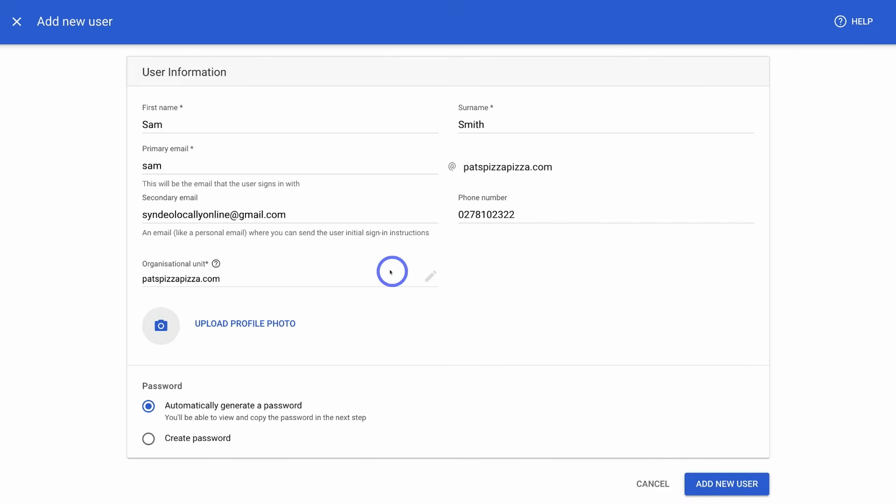If we click here, we're going to leave the organizational unit the same, then come down and you can add a profile picture if you like, or you can leave this up to the user to do this themselves. And you also have the option to automatically generate a password or create a new password that you want to allocate to that user. I'm happy with this information for now, so I'm going to navigate down and click on